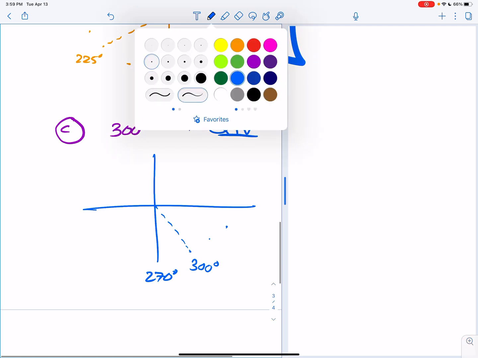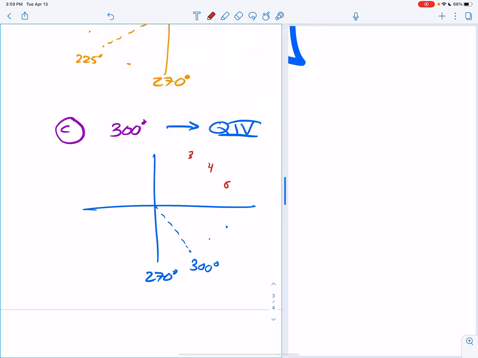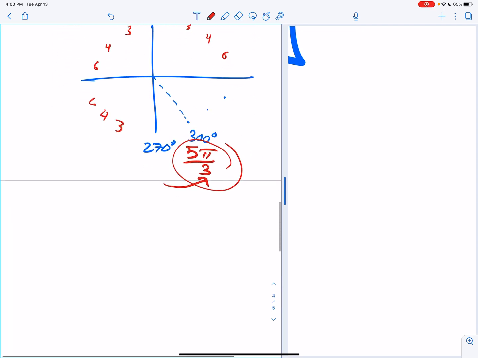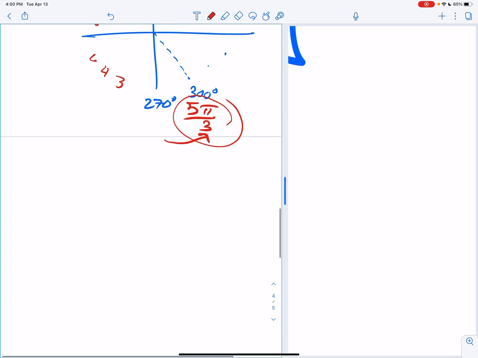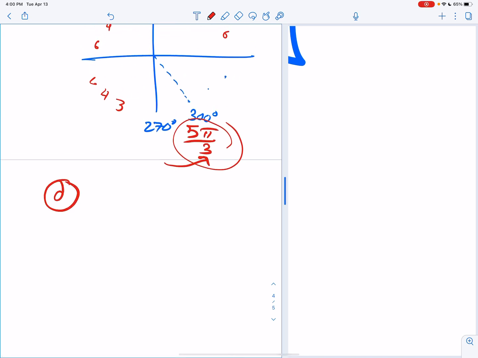Okay? So in my head, I'm doing 6, 4, 3, 3, 4, 6. 6, 4, 3. 3 will be my denominator there. Okay? In quadrant 4, I know that I double and I minus 1, so this should be 5 pi over 3. Okay? Again, very important and very beneficial when you know what the radian is. All right? Let's do one more just to make sure you have enough practice. Here's part D. Let's do